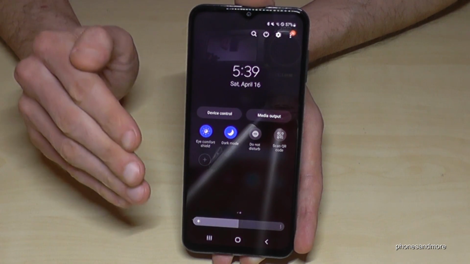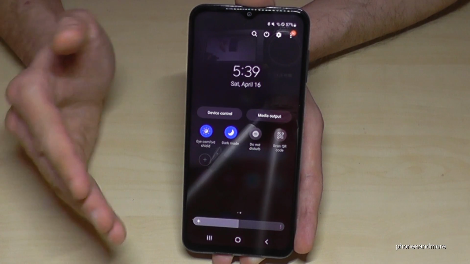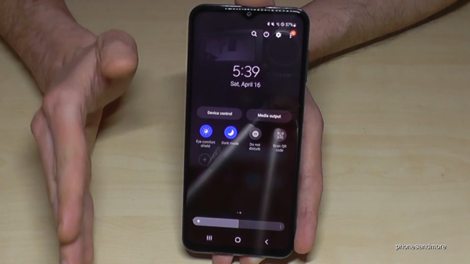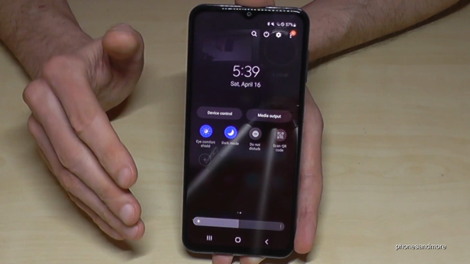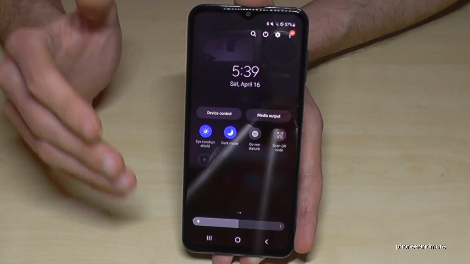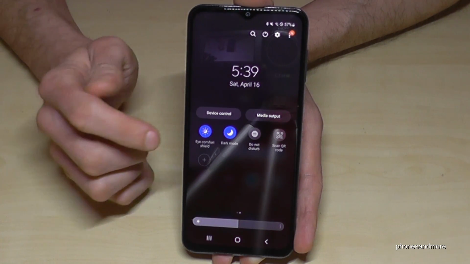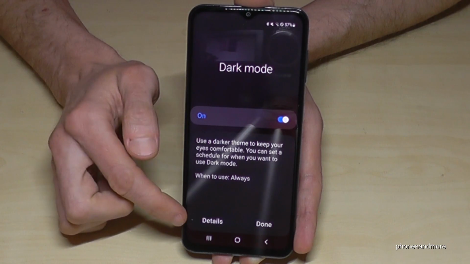This feature protects your eyes, especially in the evening and at night, because if you have a very bright screen and everything is dark around you, it's not that good for your eyes, and I think you know what I mean. And in the day, it's also not that good, because if you have a lot of sunlight, you can't see everything. I would recommend you also tap on the written word dark mode and go into details here,